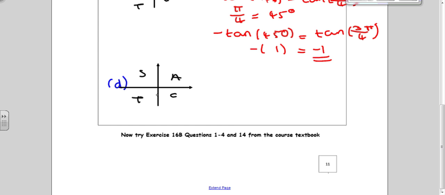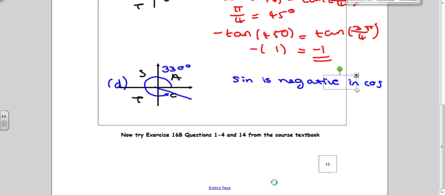So I'm going to go around 330 degrees, and of course we know that sine is negative in cos. So here we have 30 degrees. So if I find 30 degrees here,